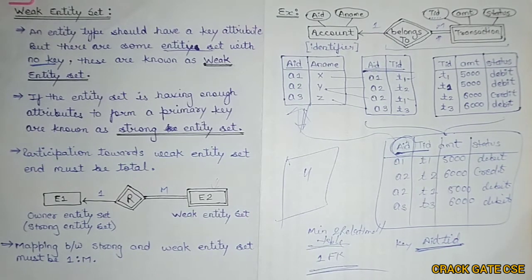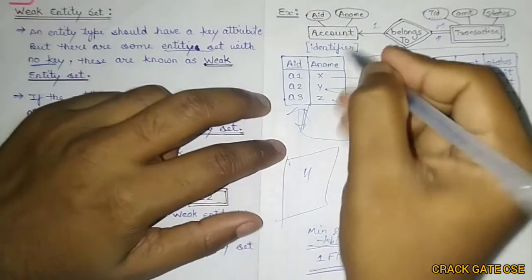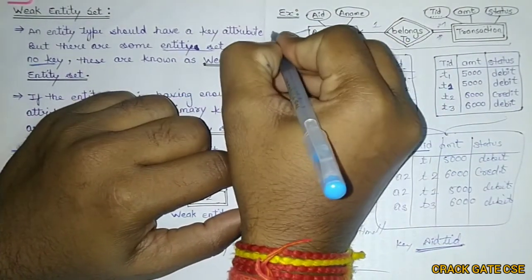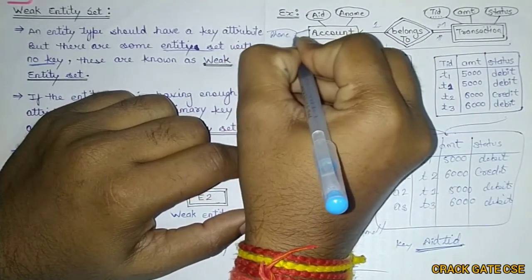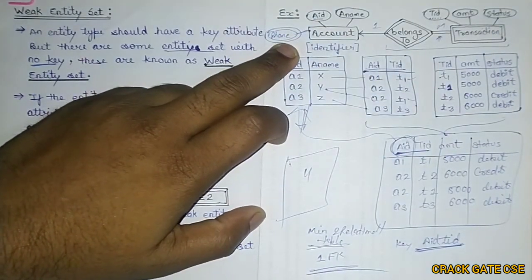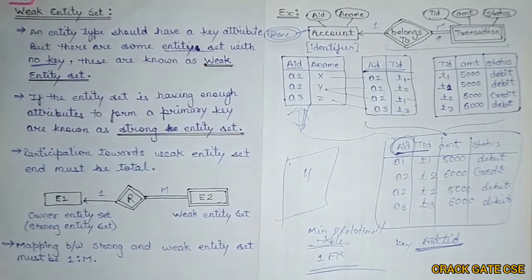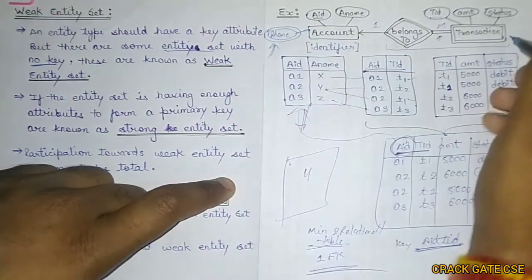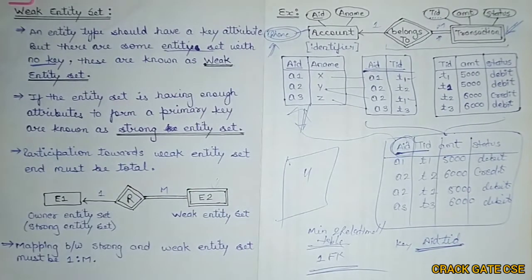So this weak entity set along with multi-valued attribute. If we are having a weak entity set and multi-valued attribute, they are allowed to be represented in an ER diagram. So you know what is a multi-valued attribute? If there is any attribute like phone, these kinds of attributes are known as multi-valued attributes. So these attributes are allowed. This multi-valued attribute and this weak entity set are allowed in ER diagram only. They are not allowed in RDBMS, Relational Database Management System.